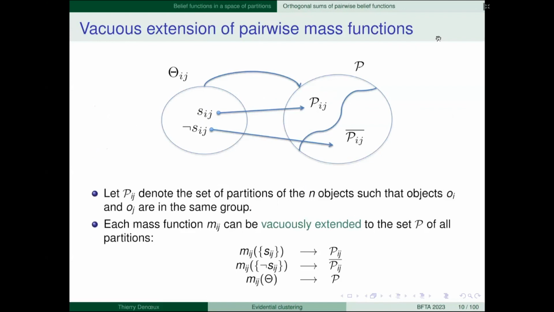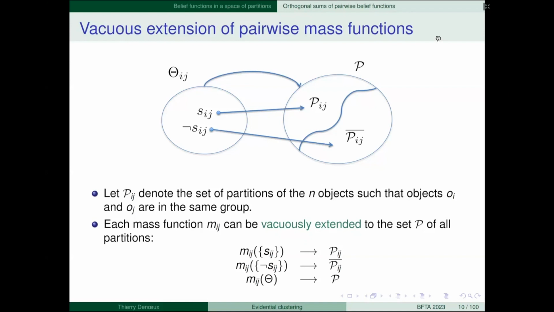Okay, so to say that Sij is true means objects i and j are in the same group. It is the same as to say that the unknown partition is such that these two objects are in the same group. Okay, so we have this refining mapping from theta ij to subsets of P. So Sij corresponds to Pij, the set of partitions in which objects i and j are together, and not Sij corresponds to the complement of Pij.